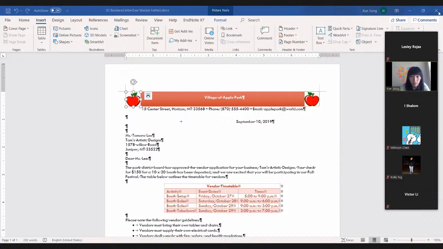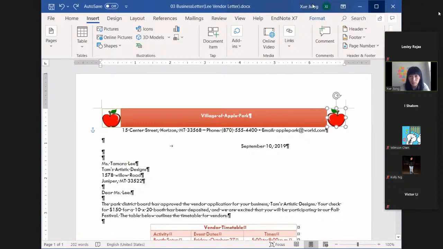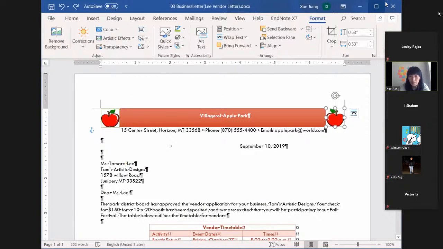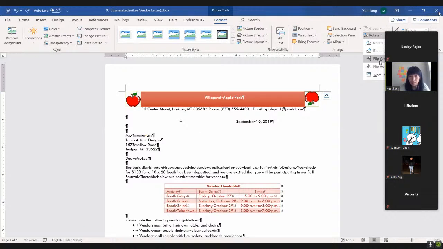And then also an interesting button here is called rotate. There is a rotate button you can try. This is very interesting. Several flip buttons. And then